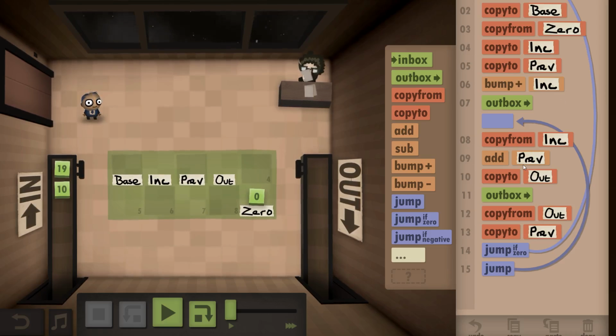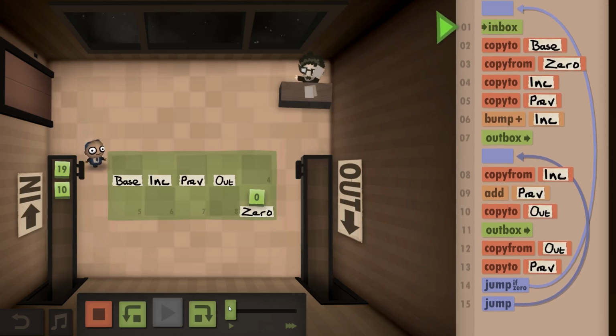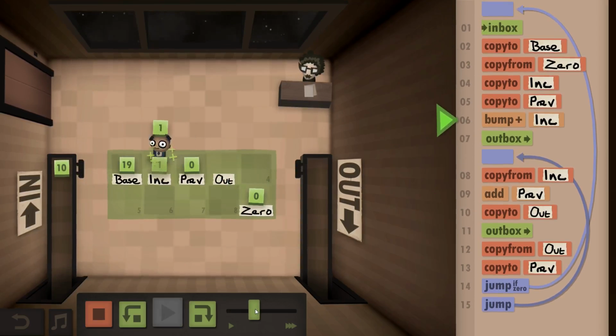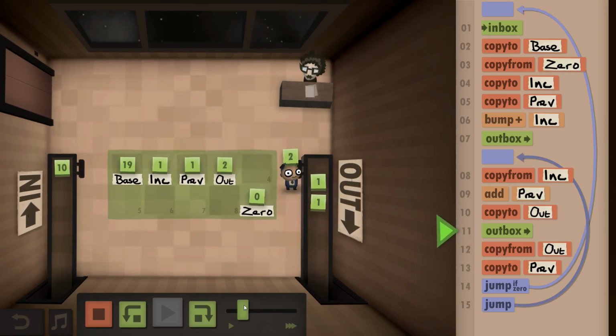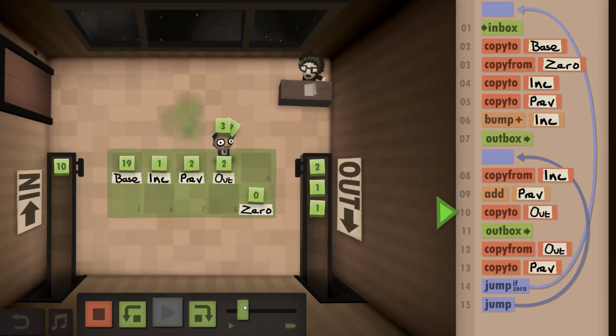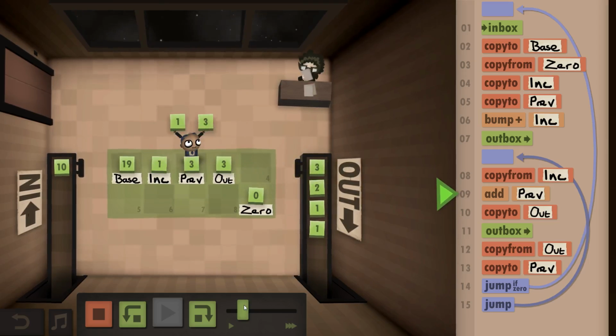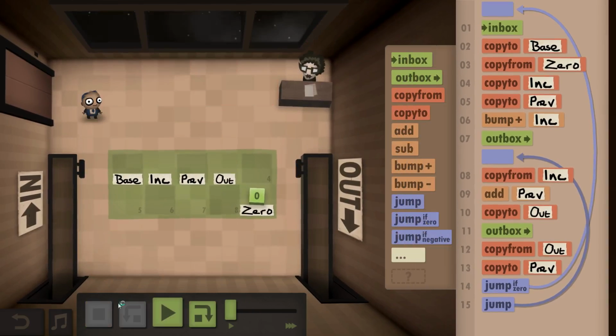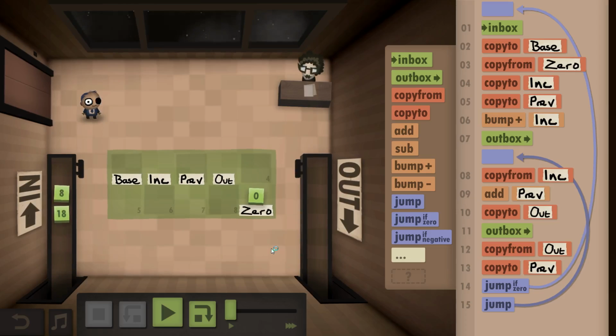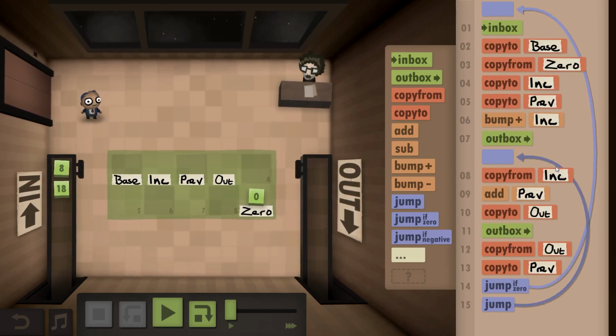But then the increaser doesn't change at all. Then all you're doing is adding 1 to it. Okay, so